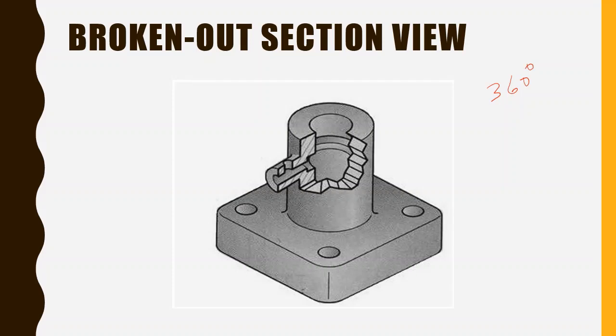So that is 360-degree, which means initially you have one angle, and the second cutting plane has the other angle. Likewise, this cutting plane should be revolved through 360 degrees of rotation, and then we view the broken out section view just for detailing a particular complicated part, where there are any kind of dislocations. In order to view the dislocations of the particular part or object, you go for the broken out section view.